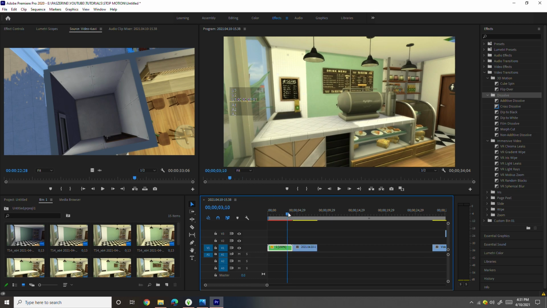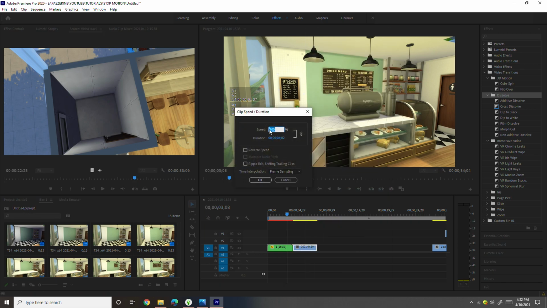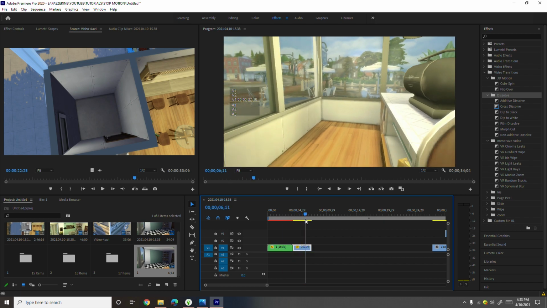And now it's moving like this in the speed. And I think it is quite slow for 4 seconds. So we could always just change the speed of this too. So I want to make it around 130%. Alright, so now that we have this transition, we can add the next batch of frames, which is going to